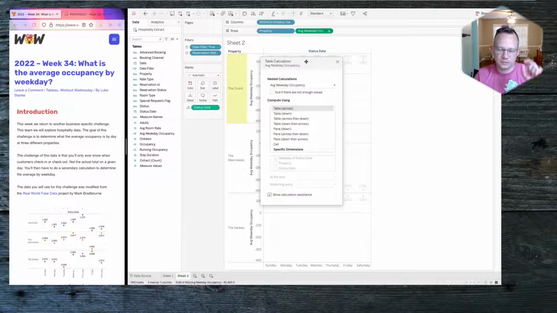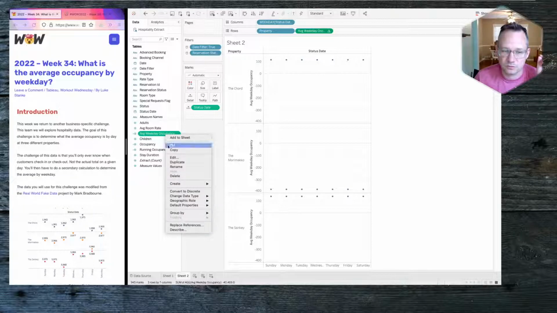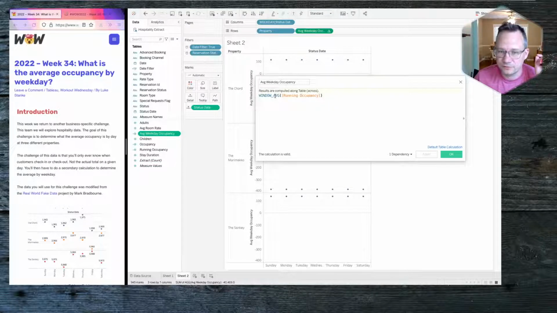Now, here's a quick little side lesson on this. There's two ways that you can build table calculations in Tableau. If you've ever heard people talking about nested table calculations, this is what we're talking about, where we have a window function, a window average, of a running occupancy, which is a running sum, which is another window function. So this is essentially the same thing as doing window